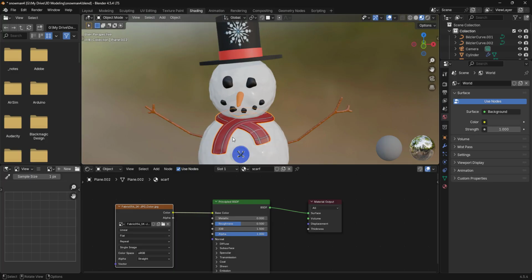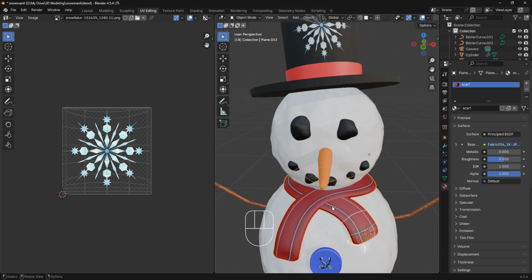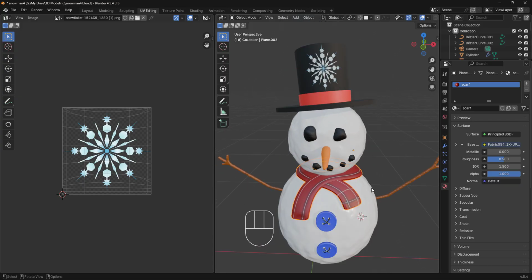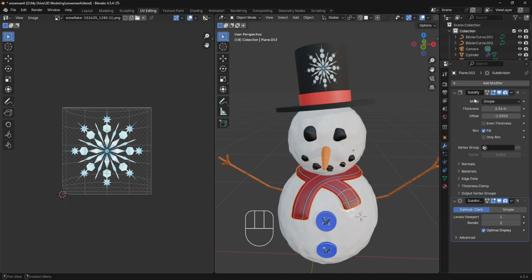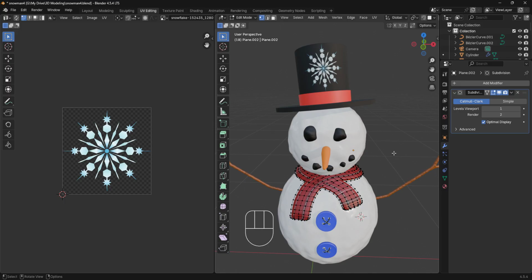Now we have not unwrapped this yet, so we need to go back to the UV editing. And surprisingly, it does not look horrible with it not being unwrapped, but you can see, if I go into object mode, you can see that it doesn't really have the whole pattern. Right here the pattern looks pretty good, but then the rest of it does not show the pattern. So to unwrap this, I'm going to need to select the scarf in object mode, and first go back to the modifiers, because I have the solidify modifier and I need to apply it. So I'm going to hit apply, then I can go into edit mode,